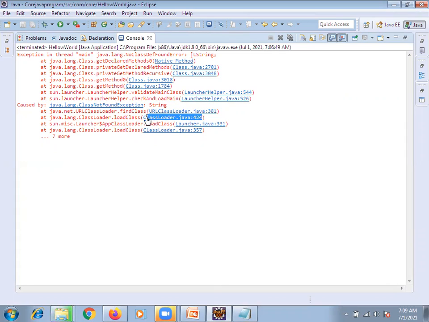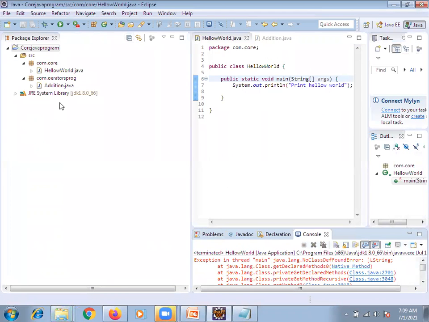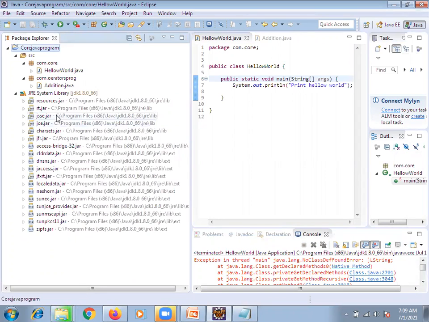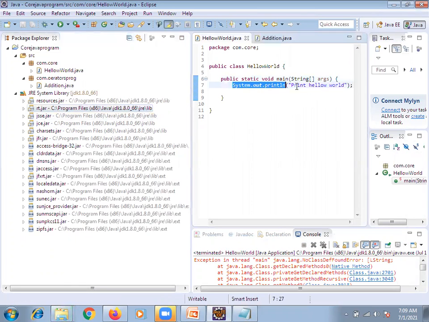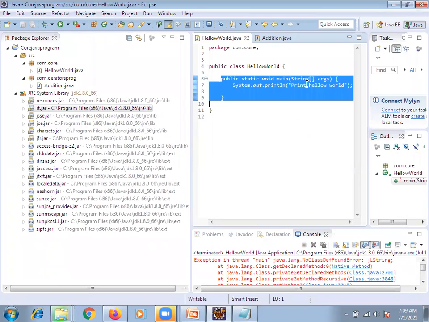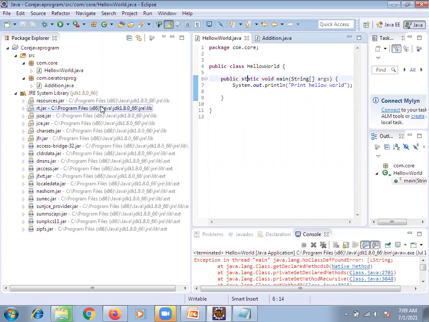This is related to the class loader, which we were just discussing. See, if you want to load, your class loader should be there, the class loader where we are having rt.jar. So this is the entry point for a Java program. The main method is inside rt.jar. In Java programming, the main method is the most important; without the main method, we cannot execute our program. This rt.jar will load the main method, so whatever set of lines we are writing inside it will load and assign.